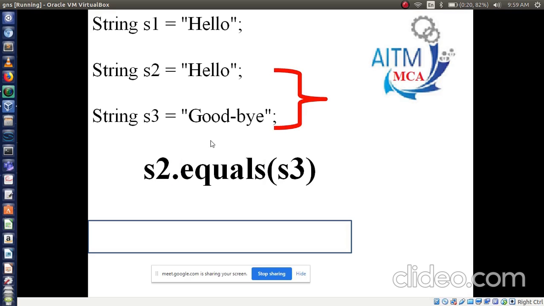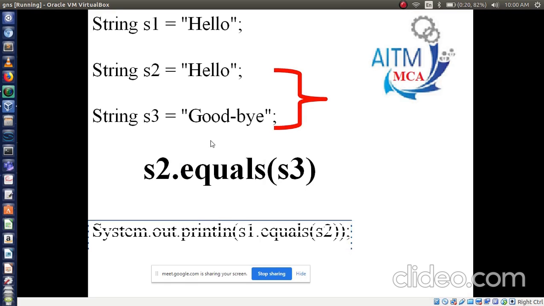So now what is the output for this? To print the output, you just use System.out.println, the same method here. Directly you can use it, no problem. Okay. Now what is the output for this? Both are same or not same? Yeah, you will get the false statement. False. So have you understood?